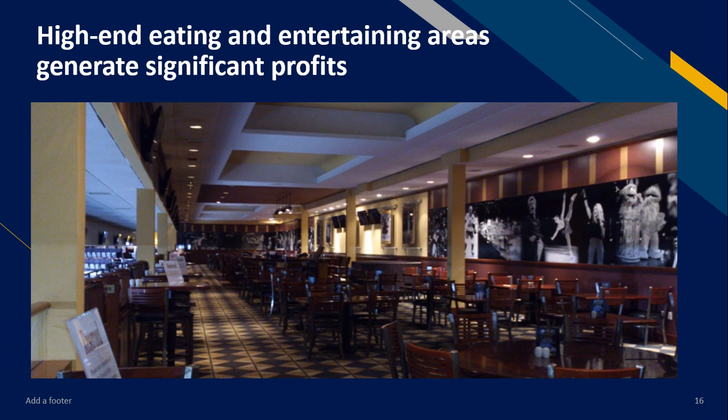Other high-end and entertaining areas generate significant profits, and these profits can be derived from premium food and novelty items. For example, the 2002 MLB All-Star Game generated $40 per head in revenue from concession and merchandising sales. The breakdown was $18 in retail sales, $13 from concessions, and $9 from premium dining. A significant chunk of the revenue came from anything that bore the word All-Star, such as caps, shirts, and balls.